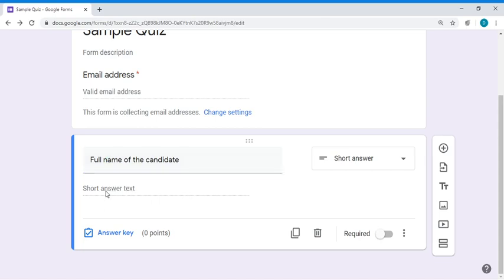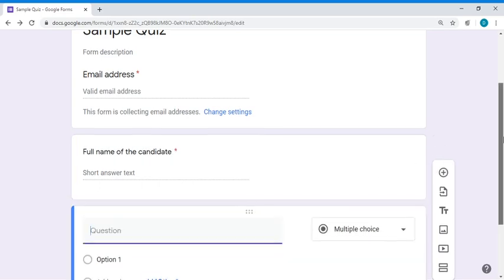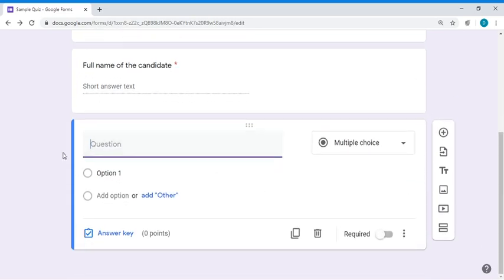Here short answer text will be entered by the user. Here I am going to select this as a required question. Then I will add the next question. If you want to get more information regarding the candidate, you can add further questions over here, like his mobile number, institute, or any other things.